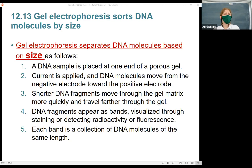Shorter pieces will move faster. Shorter pieces move faster because the gel acts like an obstacle course. If I take the lecture hall and I put strings back and forth all over the lecture hall until it's a maze of strings,